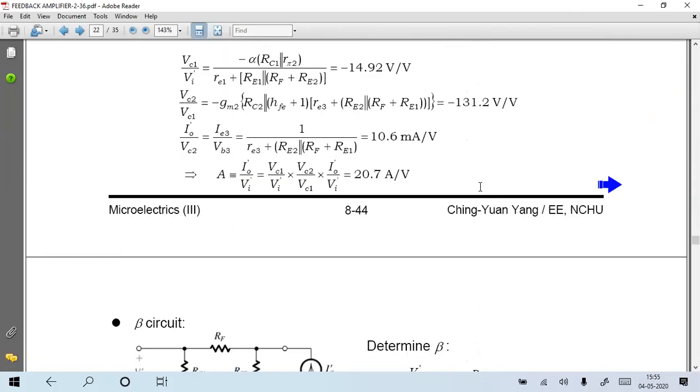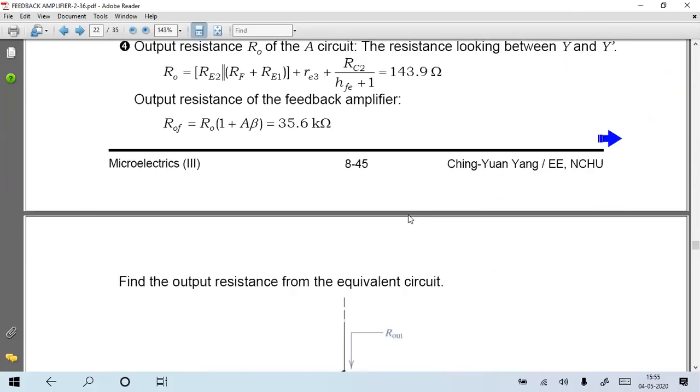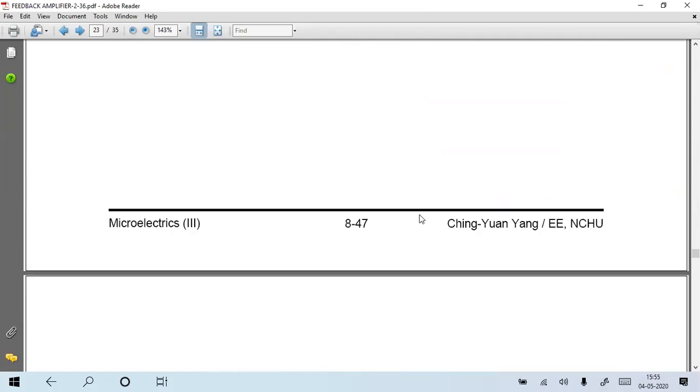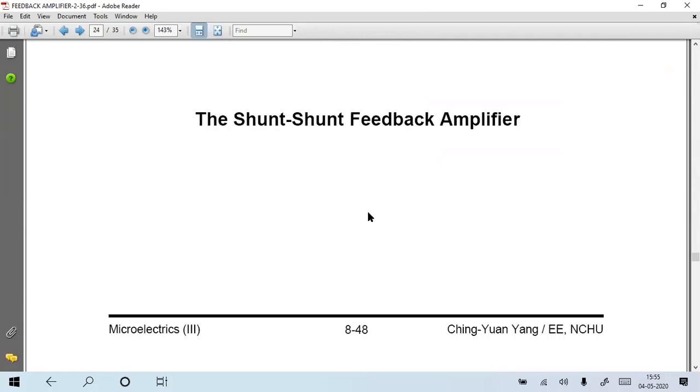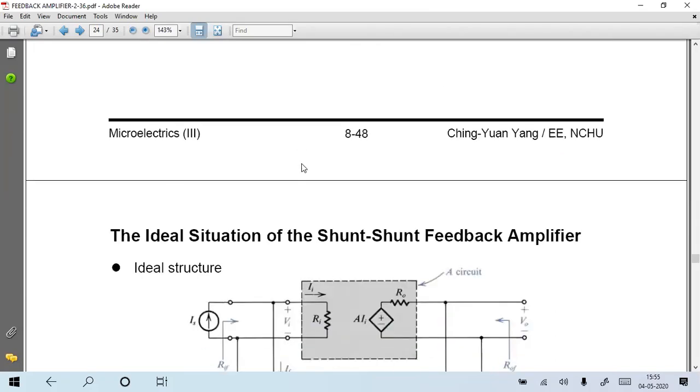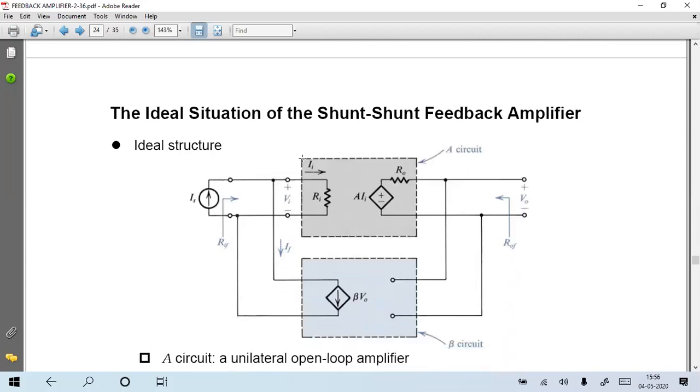The next network also, if you see, you will be able to clarify very clearly. Next network, shunt feedback network. Shunt at the mixing side means there is current. At the output, the sampling side is shunt, which means voltage. So current and voltage, V by I. V by I is nothing but transresistance, correct? So in this ideal situation, the input side is current and the output side is voltage. So what type of amplifier is it? Voltage by current amplifier, right? This is a transresistance amplifier.